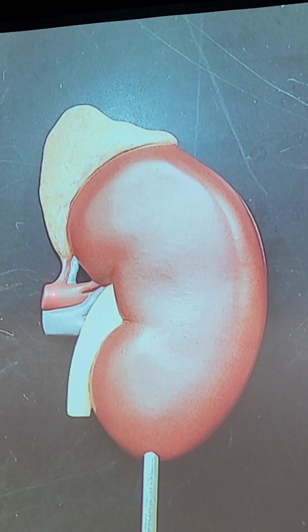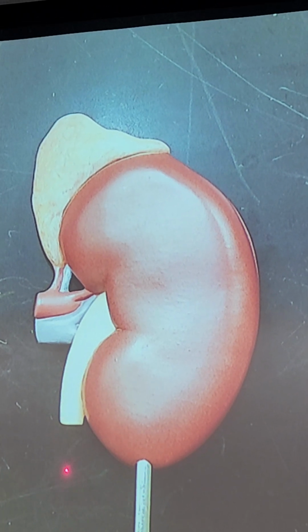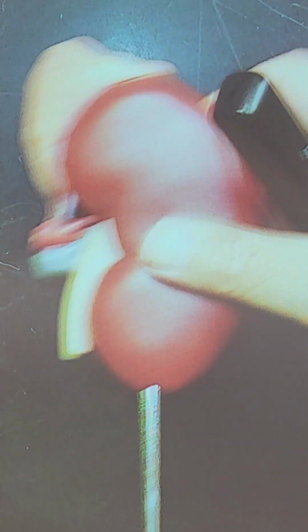This is the renal artery. This is the pelvis, which narrows down to become the ureter. The ureter takes urine down to the bladder for storage. Now, if I open up the kidney in a longitudinal section,